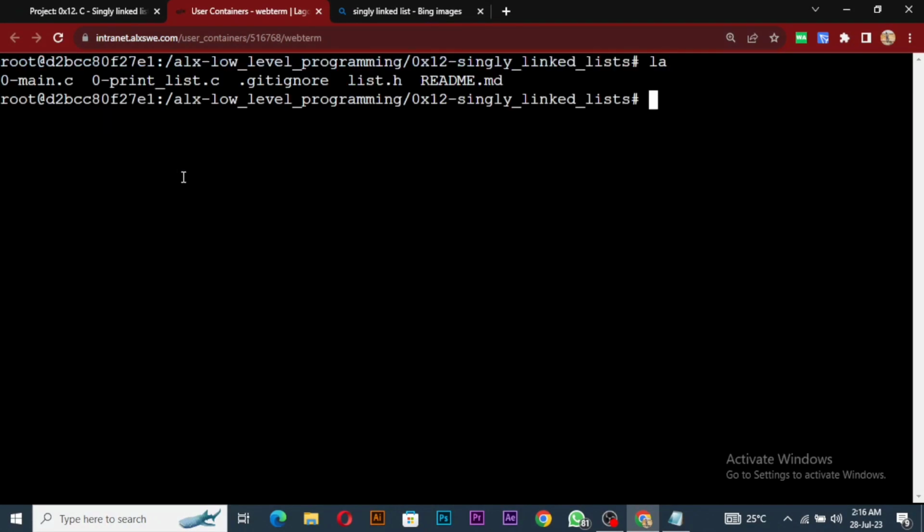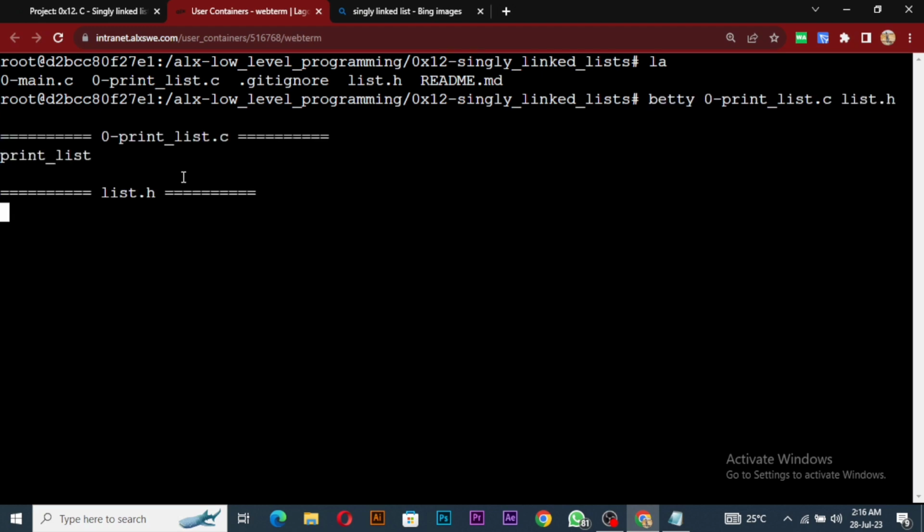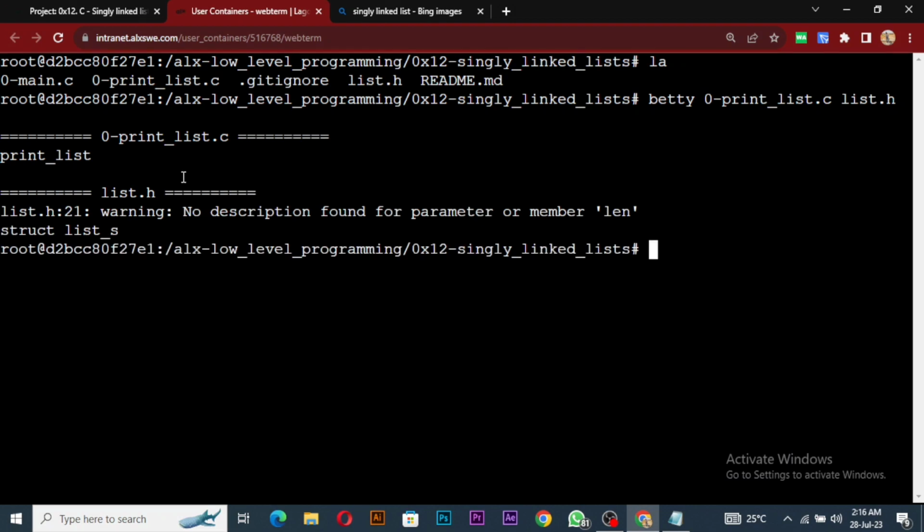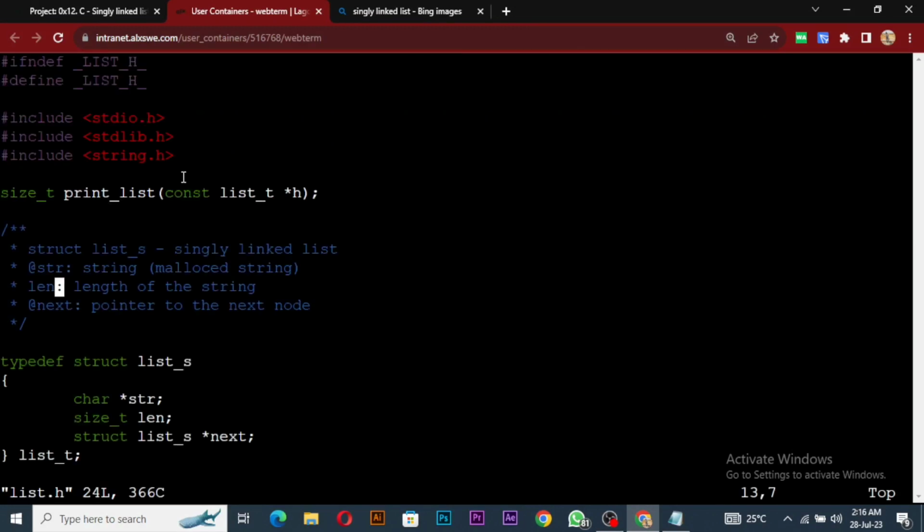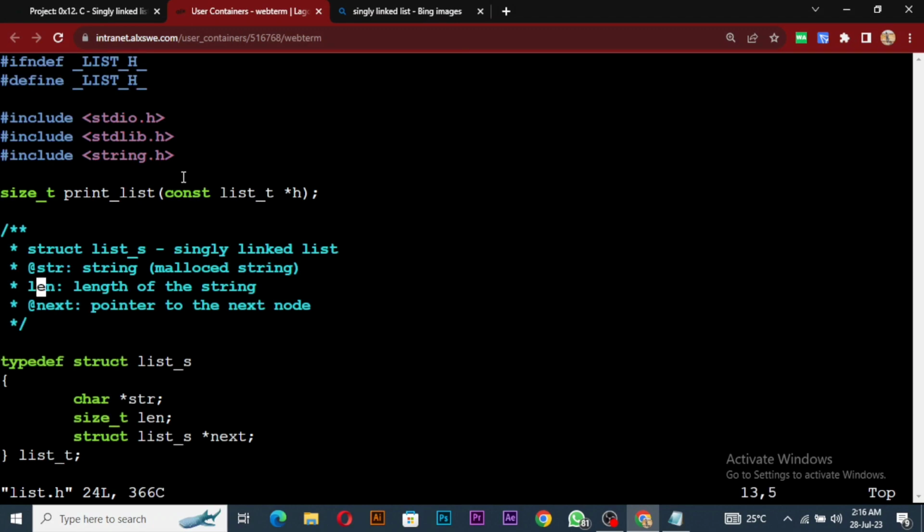And then we'll do betty. Let me go use the output here. So print list is correct. No description for parameter len. Yes, at len, that's what I should do. Just remember, I was looking at, I noticed that it looks weird, but